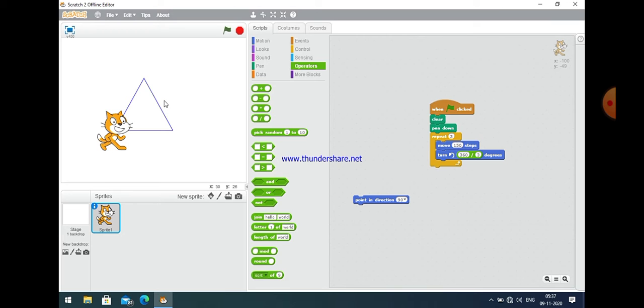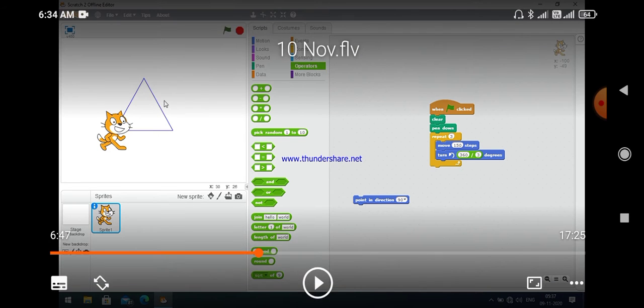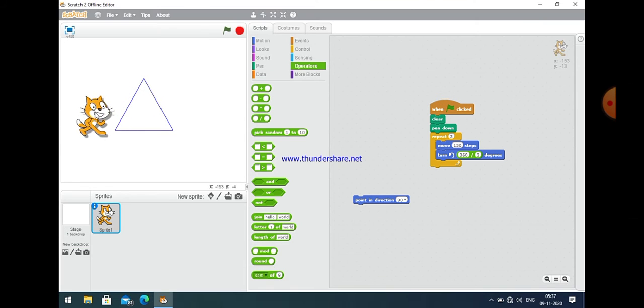A triangle will be created with that cat also, but if you want it to point in direction 90 degree, it means horizontal, then you should take point in direction 90 degree. So without this you can easily see here that a triangle will still be created, and this time it is also pointing in direction 90 degree, so no change will be here.